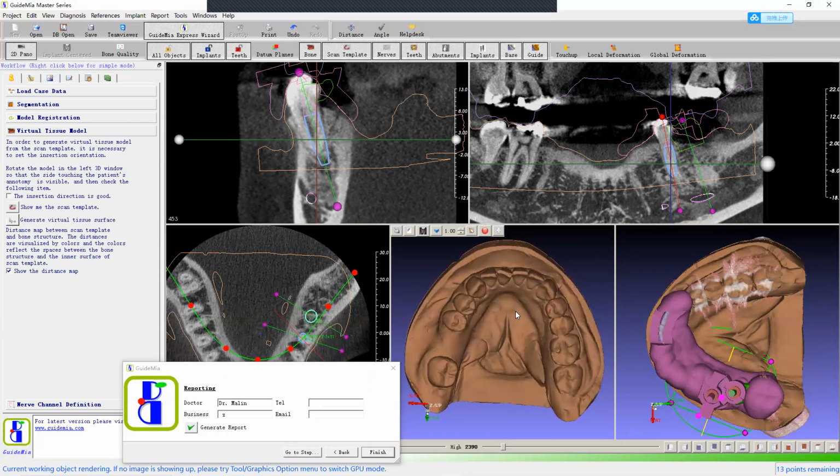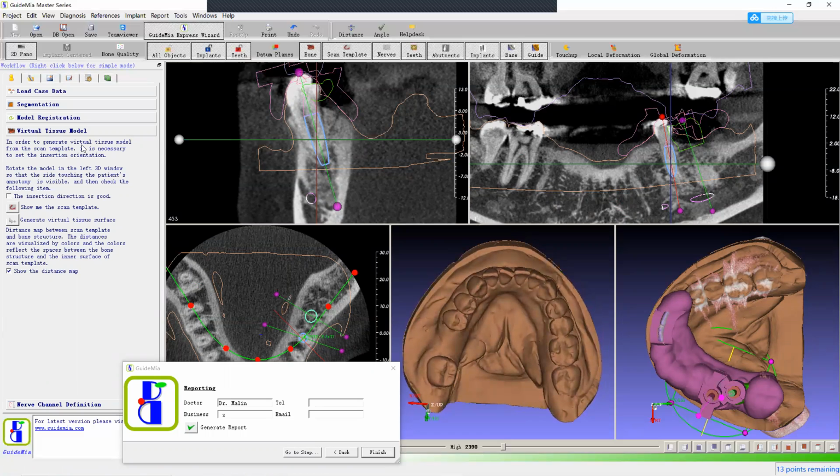This is actually to define the insertion path, same as the insertion path function. But what we do is we rotate the view so we look from the occlusion side. We forget about the text just here. Check this box saying the insertion direction is good. Then I will generate